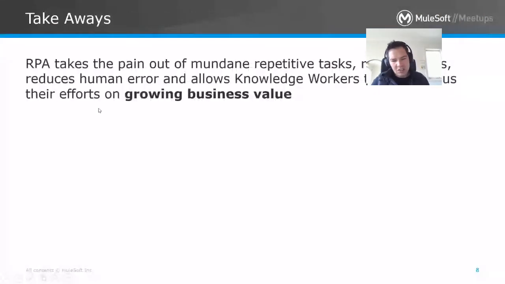So I think some key takeaways from the session. We've spoken a bit conceptually and logically about what RPA is, but I wanted to point to the value it brings. So we're taking the pain out of mundane and repetitive tasks. We're reducing costs, and we're reducing human error, and we're allowing knowledge workers to better focus their efforts on growing business value by focusing more on their customers and business stakeholders, rather than doing these repetitive tasks